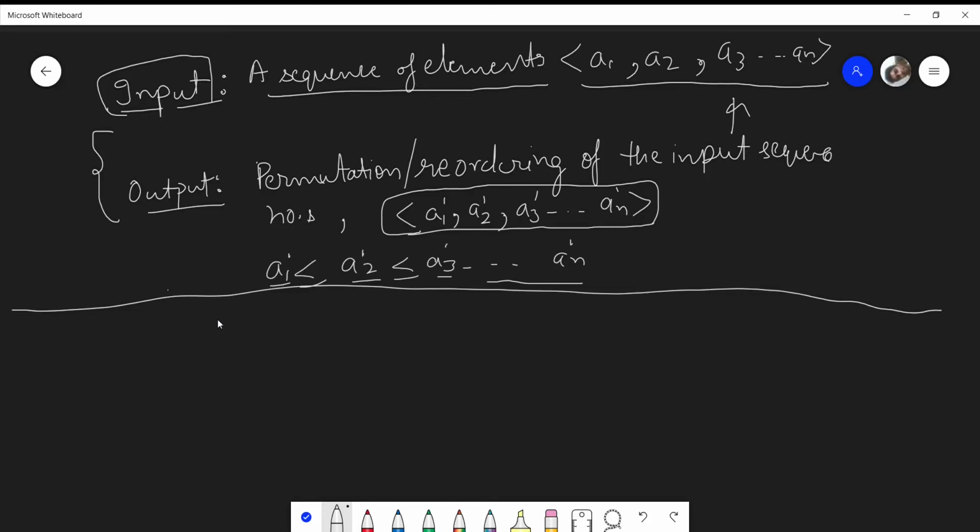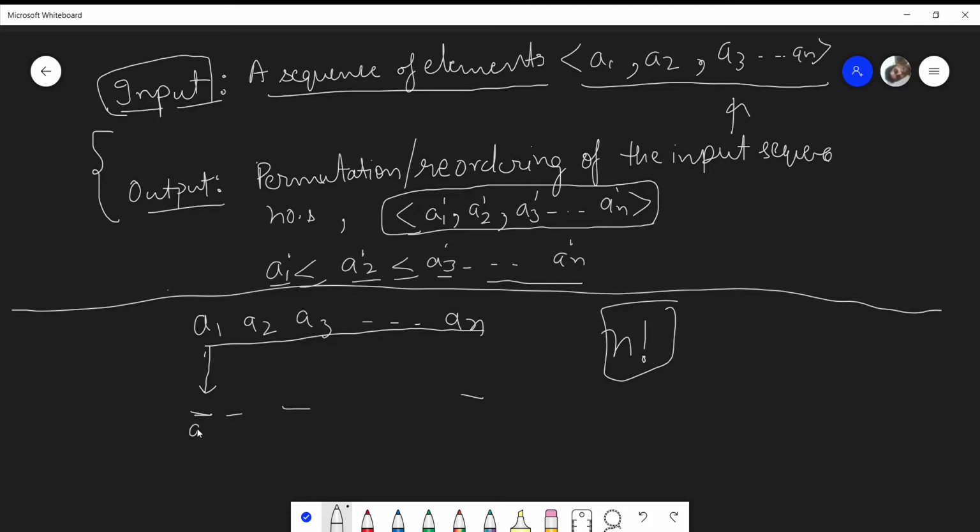So in this case, if I have A1, A2, A3 to AN, I can have a total of n factorial permutations of this input sequence. Here I have n number of options: A1 can come in here, A2 can come in here, A3 can come in here, or AN can come in here.